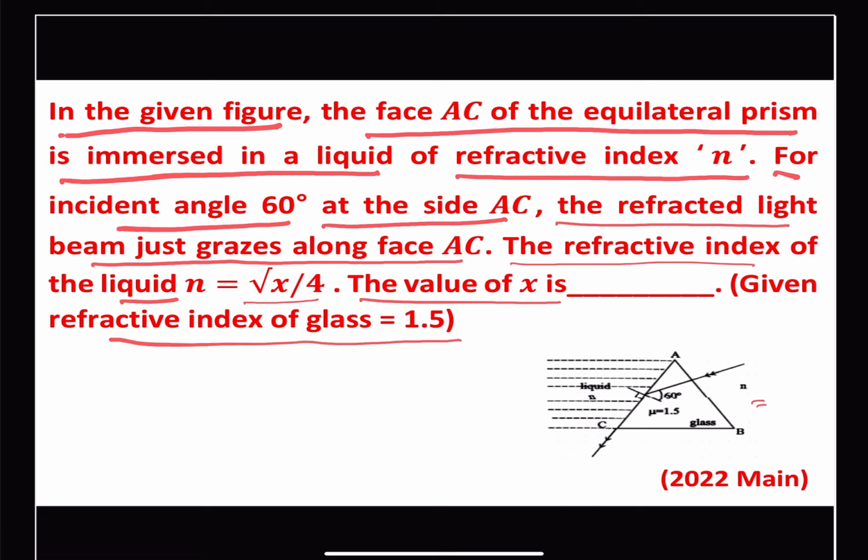So we are given this particular figure, and the face AC is having a liquid and the ray is incident at an angle of 60 degrees on the face AC, and we are given the refractive index of the prism as 1.5 and of that liquid as n. We have to find out the value of n, you can say this particular n. Let us call this point O. So if we use Snell's law at O,